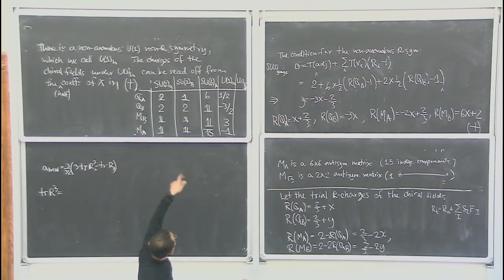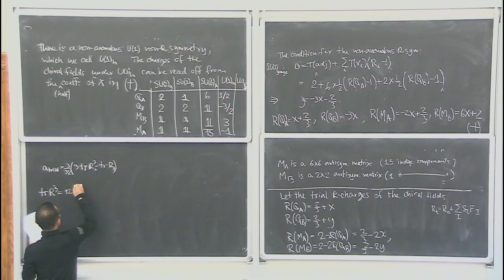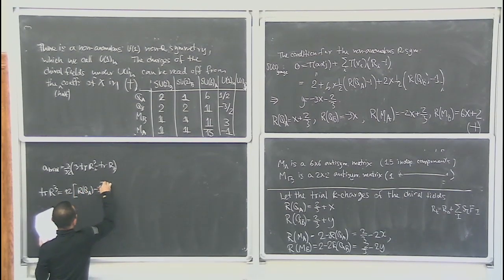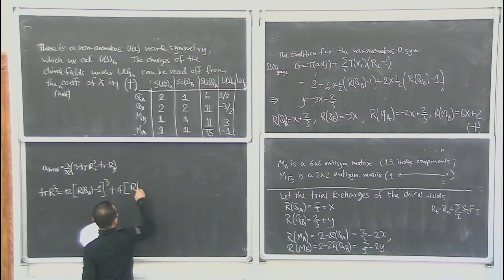Let's compute trace R cubed. Now we have this table of charges, so it's really easy for us to read it all. You have 12 times (R_QA minus 1) cubed. You understand why it's 12? Because 6 times 2 is 12. Plus, now let's do the B. How many? 4. So 4 times (R_QB minus 1) cubed